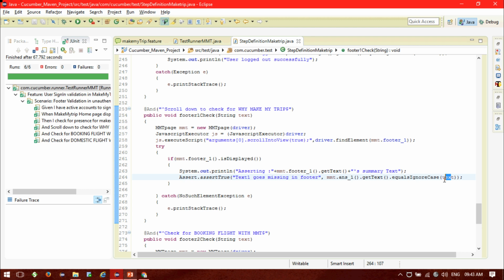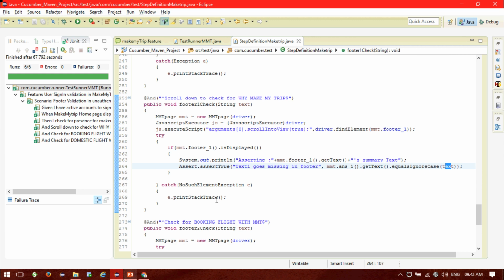If you ignore the case for two strings, you can just check whether both are equal or not. And if it doesn't find anything, then it will print the NoSuchElementException. If it is not able to find the mmd.answer_1 web element, it will report that there is no such element, and along with it will print the stack trace.